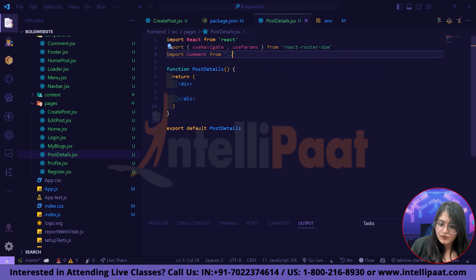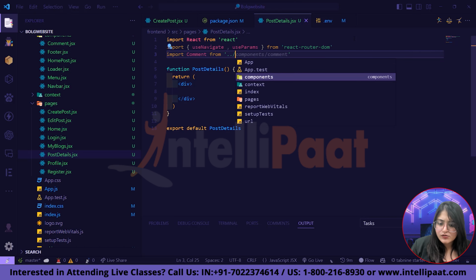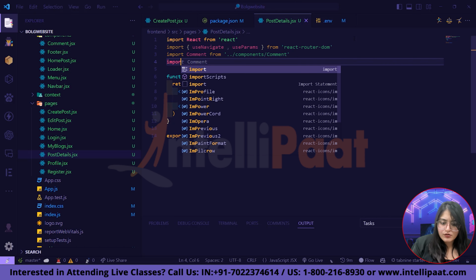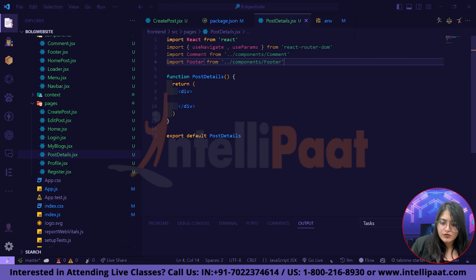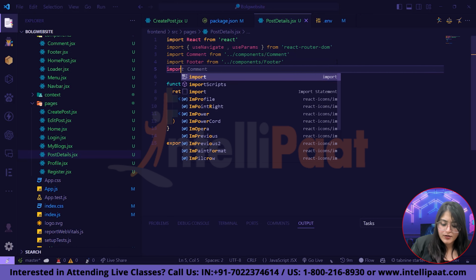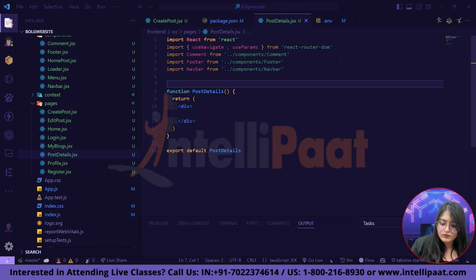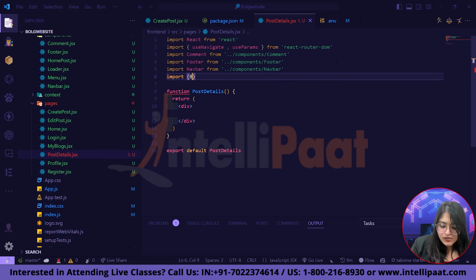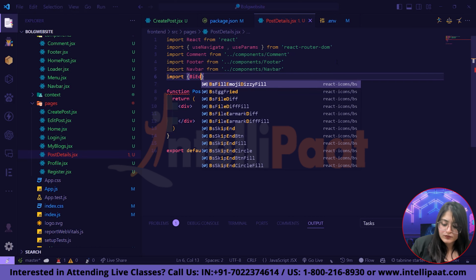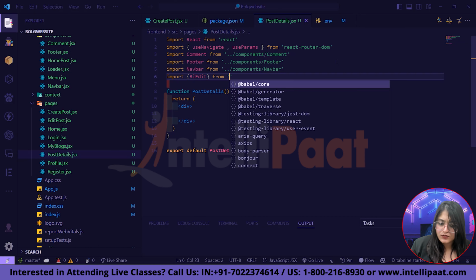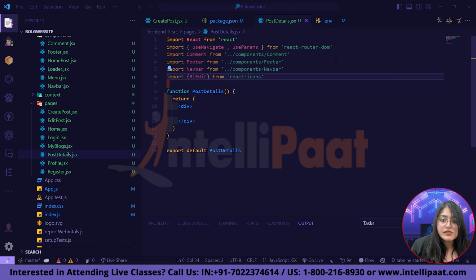components/Comment. Then we will have Footer, then we'll also have NavBar, then we will import our icons. So let's say BiEdit from React Icons /bi,